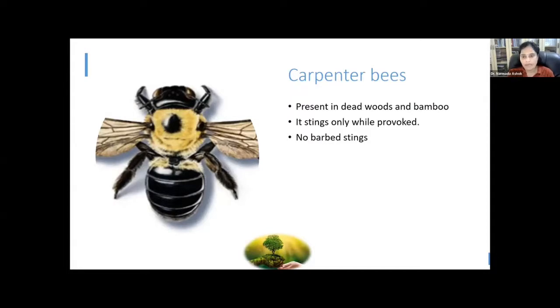So these 2 bees are very common in picnic areas, and where some construction work is done, and where there is a tendency for children to go and intrude into the area. So in those situations, when there is no hive seen, we have to think about bumblebees and carpenter bees. Whereas when you know that the honeycomb, the nest, has been there, and massive stinging has happened, then it could be the other honeybees.